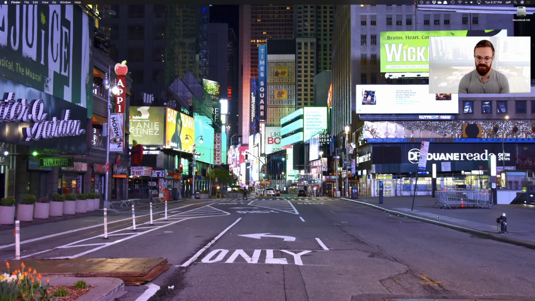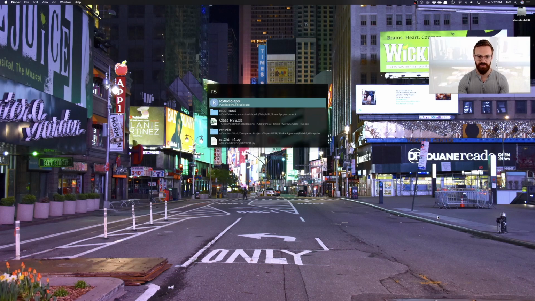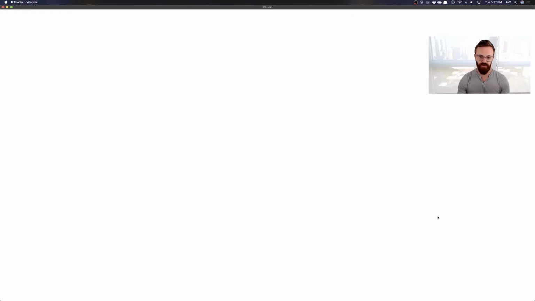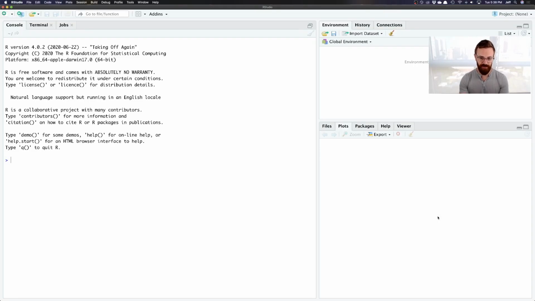What I like to use is called Alfred as a program launcher. I think on Windows there's another thing called Launchy. It's similar to what's built in, like Spotlight, but the thinking that I have is that if I can press the hotkeys, Option Space on my machine, and start typing RStudio and press enter, well then great. I don't have to think all that much. I don't have to engage in my mind about what I'm going to do if I want to launch RStudio, or if I want to launch a web browser or mail or do a variety of other tasks. And so that sort of thinking